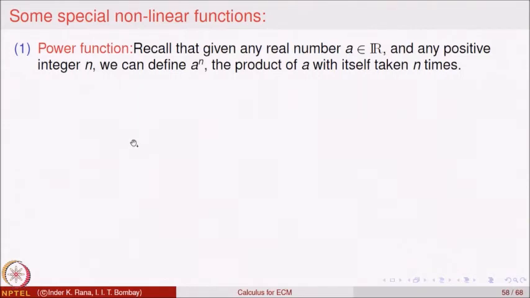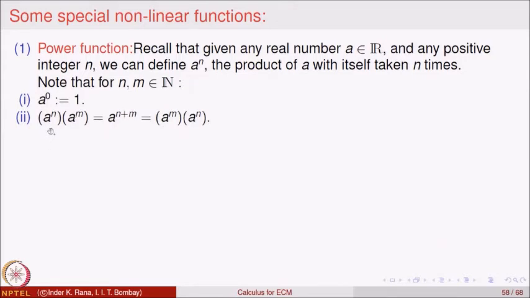If you recall, what is the power of a number? It is that number multiplied again and again with itself. So, given any positive real number n, a raised to power n can be defined. Even for an integer, a raised to power n can be defined. For a positive, you define a multiplied with itself, a^0 is 1, and you define the next one by multiplying. So, repetitive multiplications you can do.